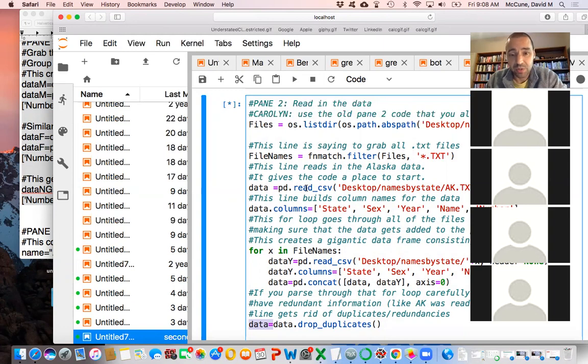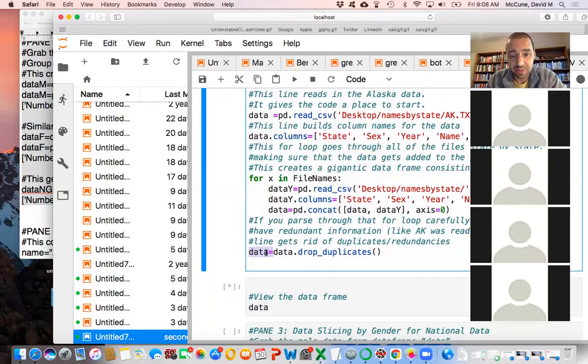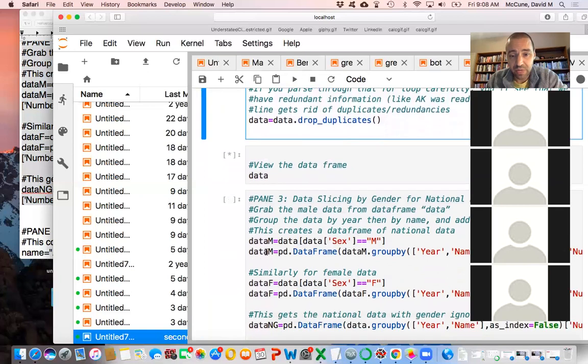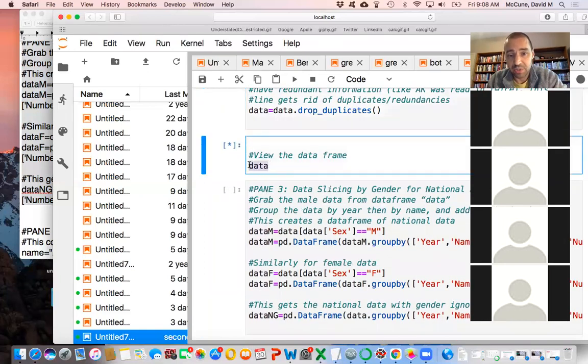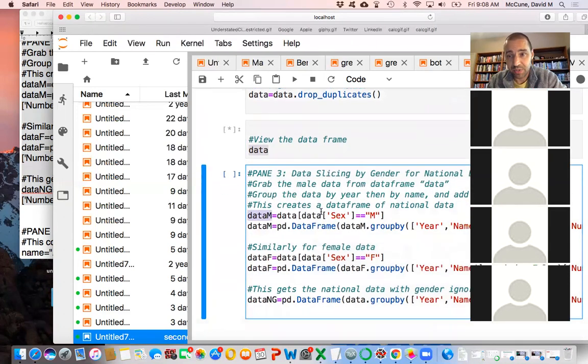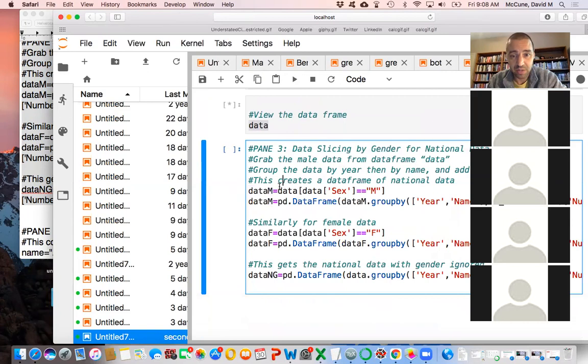But anyway, you're going to create a gigantic data frame called data. And then after you do that, from data, which has, again, all the states separate, you can create a national database that doesn't care about states. You can create a national database of male names, of female names, and then just ungendered. So all the Taylors, male and female, are all combined.